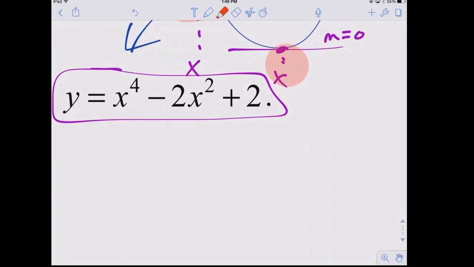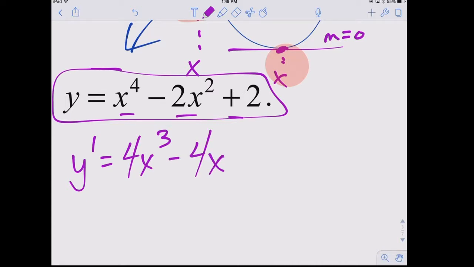So let's do that. We'll take the derivative. We have 3 terms. Do any of them need to be rewritten? No. So y prime would equal 4x cubed minus 4x plus 0. Now, you always have to show the equation that you're solving, so you do need to make sure that you're showing that you're setting it equal to 0. Now the calculus is over, really, and it turns into an algebra problem. How do we solve an equation once it's equal to 0? We attempt to